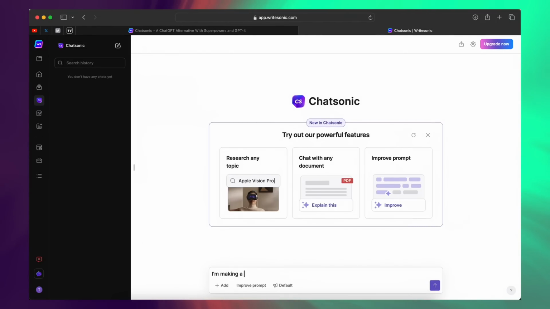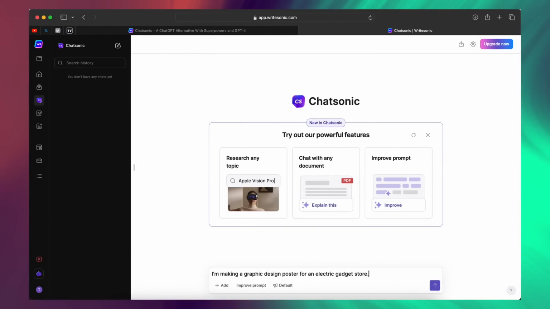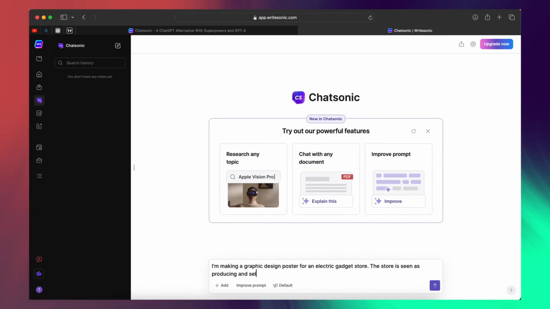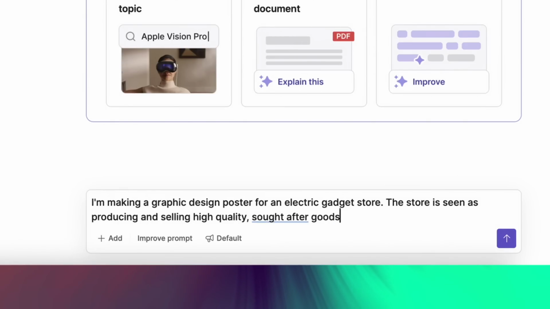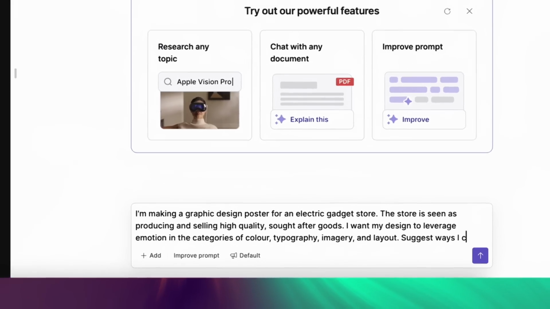Now this is ChatSonic. It's kind of like ChatGPT, but some would say it's better. And hashtag not sponsored. It can bring up articles and information all the way up to the present day, something ChatGPT cannot do. But for today's video, here's the trick that you can use for any design project using this thing. Now here, I'm explaining to the AI that I'm working on a poster design project for an electrical gadget store. And like we saw in today's video, I want to leverage emotion within those 4 categories of color, typography,